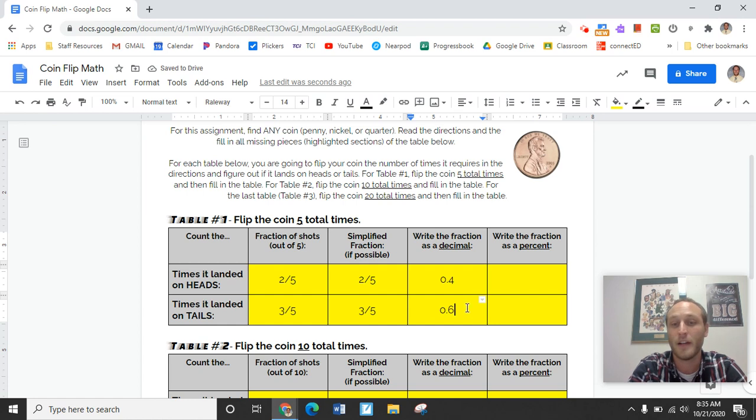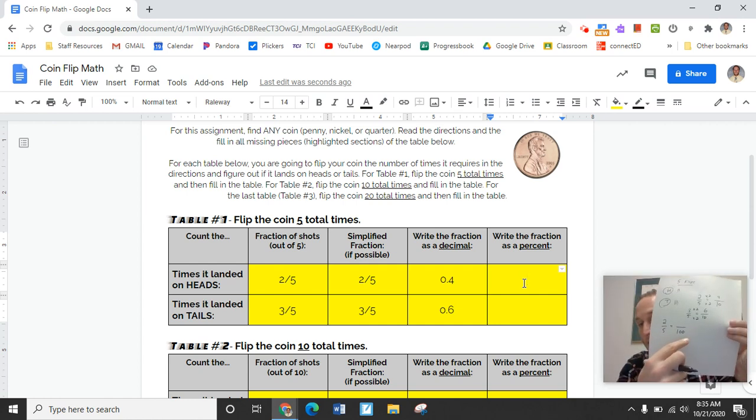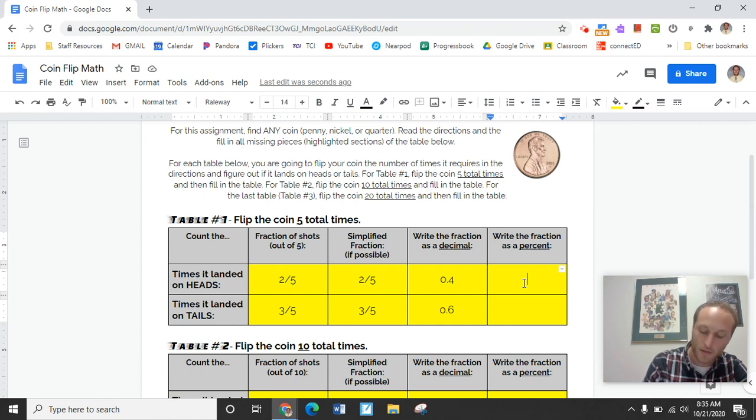And the last thing you need to figure out in the table is how you would write that fraction as a percentage. So remember, for percents, we want to make those numbers out of 100. So how can I make 2/5 equal something out of 100? So now we're trying to look here, okay? How can I get from that 5 to that 100? Well, I know 5 times 20 is going to get me to 100. So 5 times 20 is 100, which means that I have to do 2 times 20 at the top. 2 times 20 is 40, so that means that 40 out of 100 would be equivalent to 2/5, which means 40%,